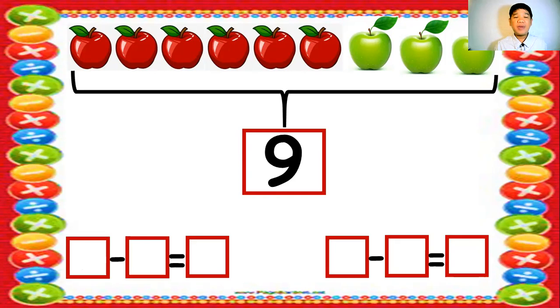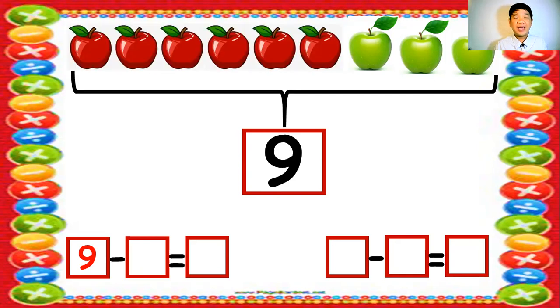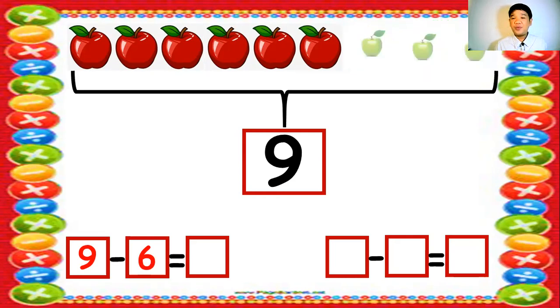We have to write first the total number of the apples, which is 9 minus. What number do we have to write here? That is the 6 red apples. For you to be able to know the number of the green apples, 9 minus 6 is equals 3